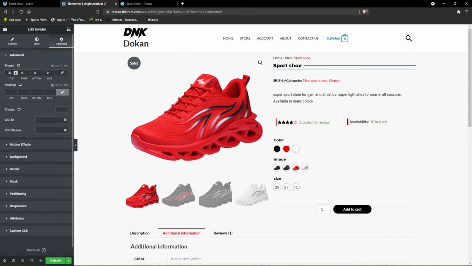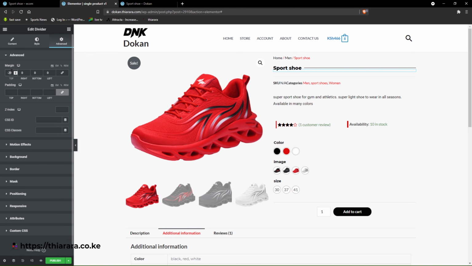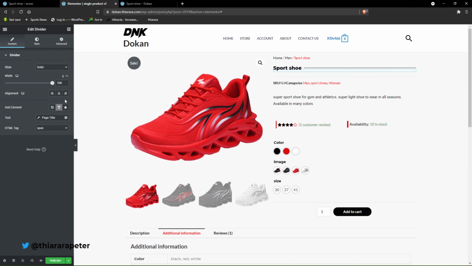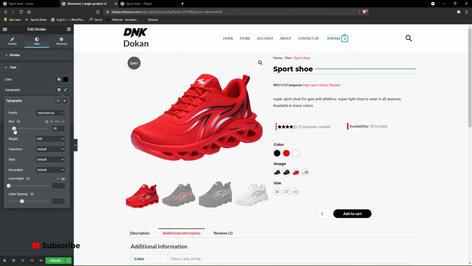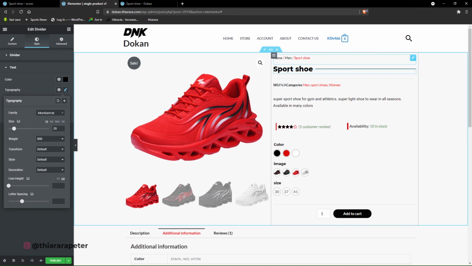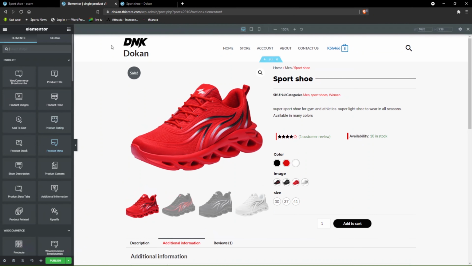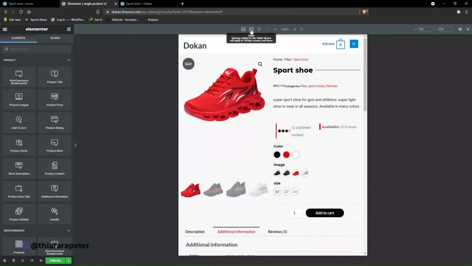If you think that is too much, you can come here and edit and see how it looks. You can even, if you see it small, adjust it. You can come to style, then text, and then typography, and increase the size of the word, the title here. And after that, you can decide to view how it will look on, let's see how it looks